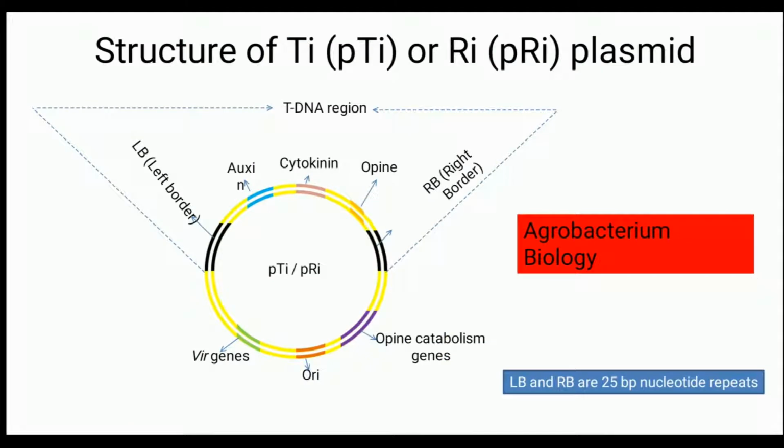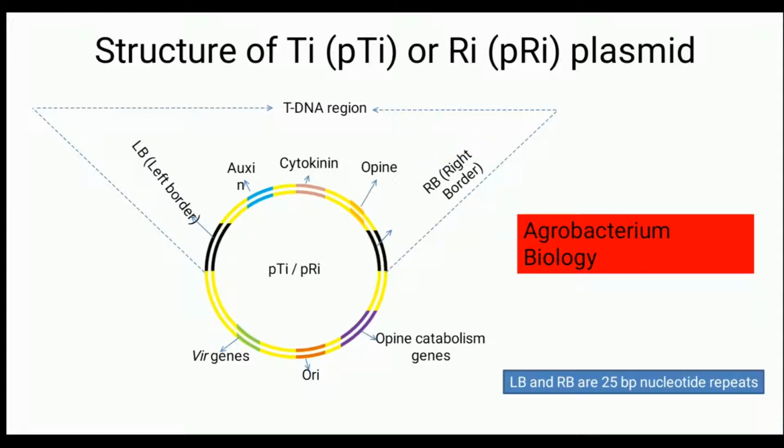So now we will briefly see the structure of the Ti plasmid or Ri plasmid. This Ti or Ri plasmid contains an origin of replication for Agrobacterium and it has opine catabolism genes that can catabolize the opines such as nopaline and other compounds, which act as a food material for the Agrobacterium. In addition, it has a group of genes called Vir genes. These genes recognize the wound signal in the plants and trigger the bacterium to move towards the wound region. In addition, it has another segment of DNA that is flanked by approximately 25 nucleotide sequence repeats called the left border, and another one is called the right border.